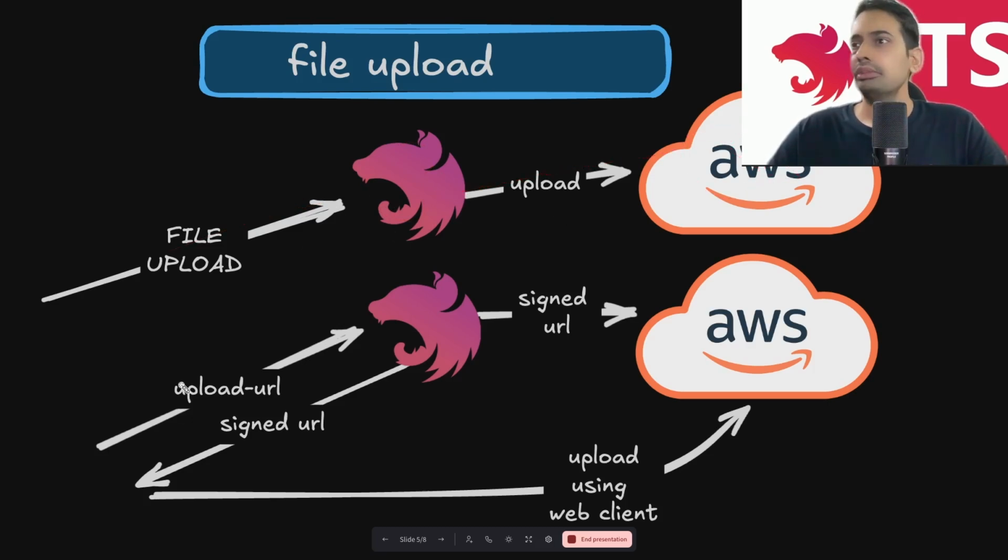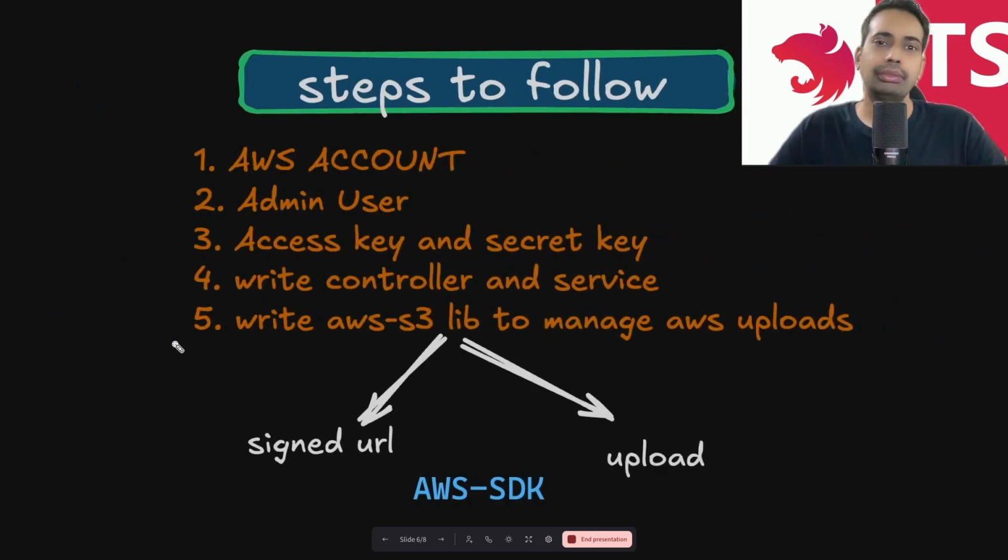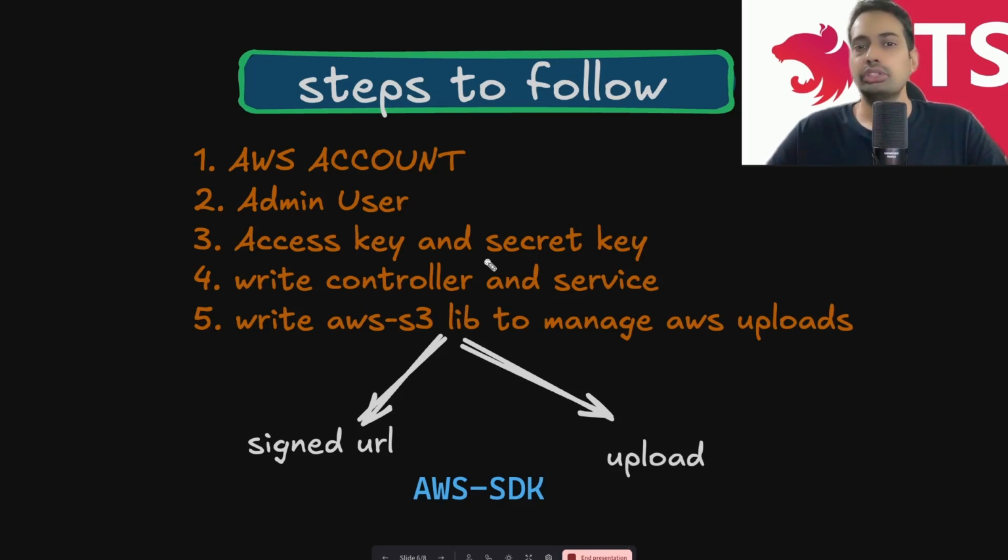And then we will use the second approach. So what all prerequisites do we need for this? You need an AWS account, that is a must, because we are dealing with AWS. You need to have one administrator user. Then download the access key and secret key, because we are going to do the demo locally. So you need to configure the access key and secret key, and you need to populate them on the process.env for